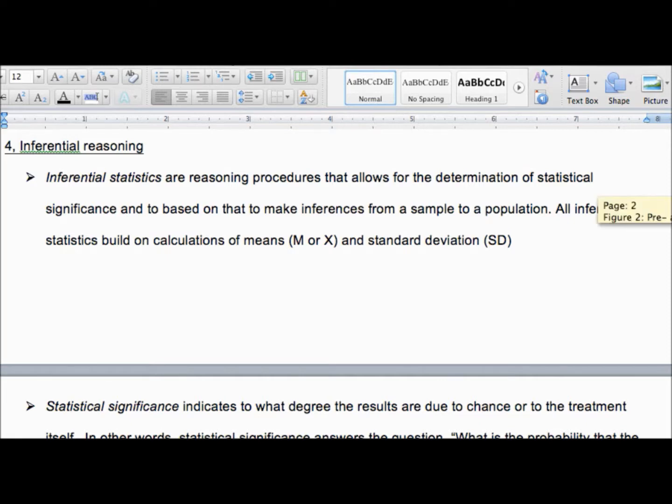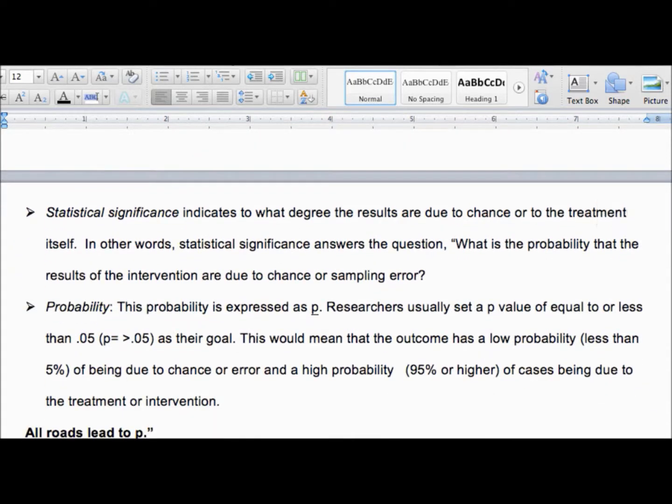So it doesn't mean it's extremely important. Yeah, it means simply, as we say, it tells the degree to which the results we get, the probability to which the results we get are due to chance or to the treatment itself. In other words, it answers the question, what is the probability that the results of the intervention are due to chance or sampling error? And we obviously want to get results that have a very high probability of being due to the treatment and a very low probability of being due to a problem in sampling or any kind of error,